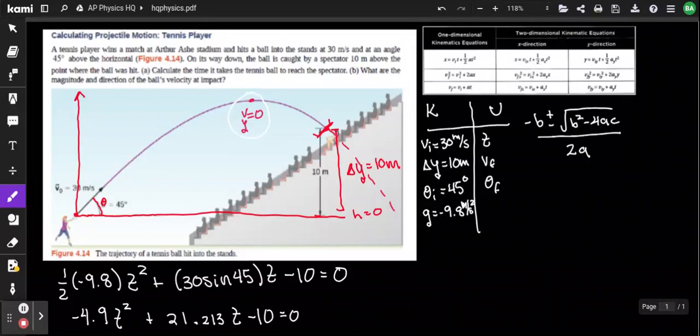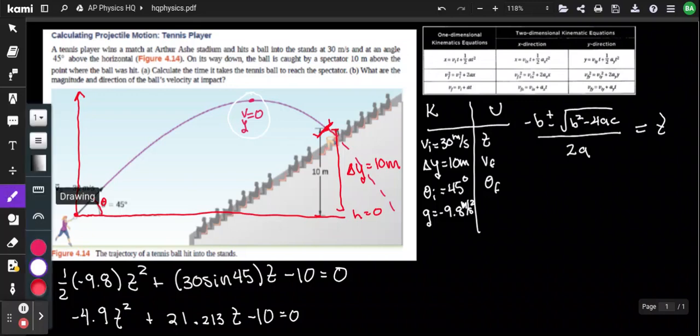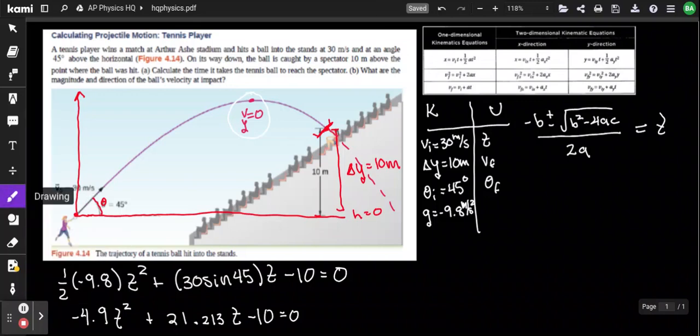Okay, so further simplifying our equation by multiplying out the numbers, we get negative 4.9 t squared plus 21.213 t minus 10. And using our quadratic formula, we can find what t is. So plugging them in, we get our b, which is 21.213, so negative